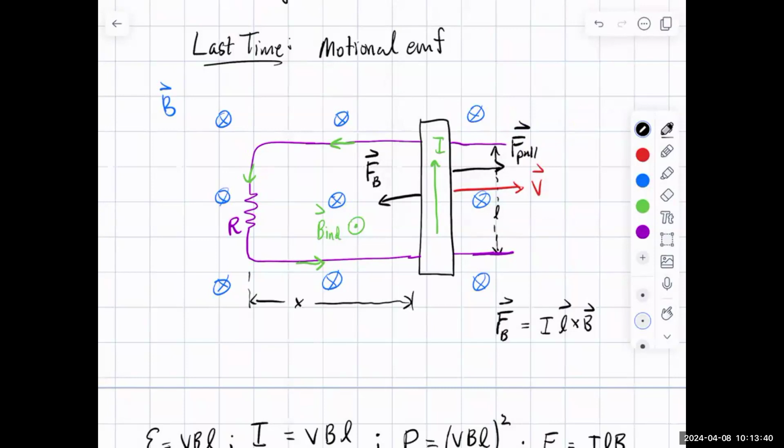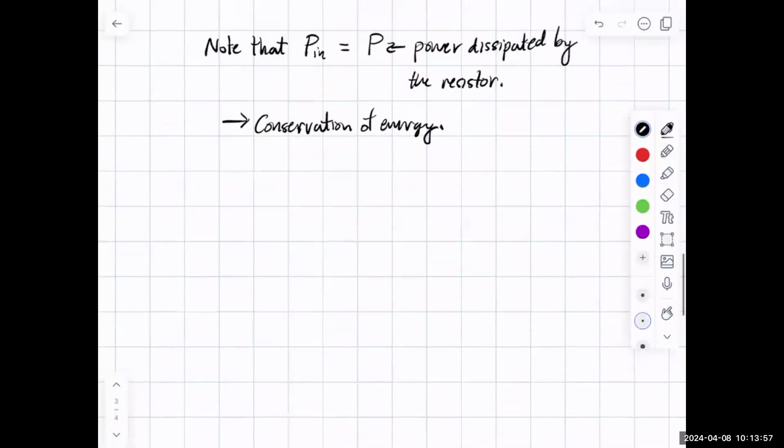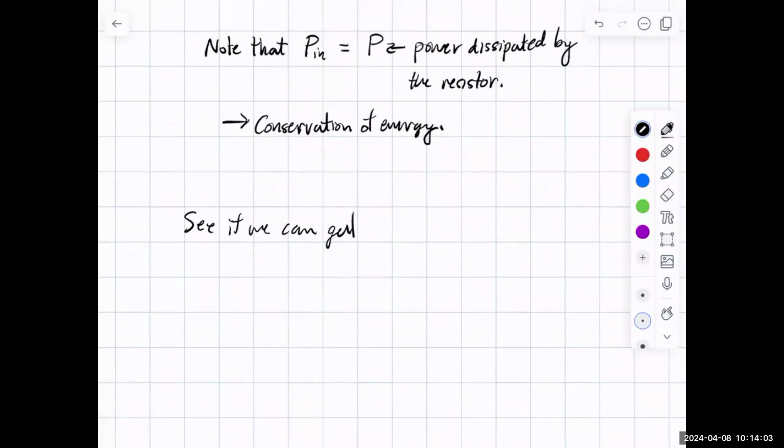But at some time later, if I'm pulling this to the right, X is going to increase. And so we could say that the area of our circuit is increasing or changing. And that's going to turn out to be important. So what we're going to do is we're going to see if we can get